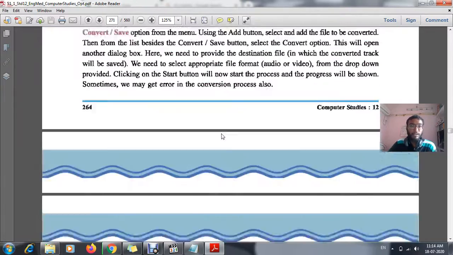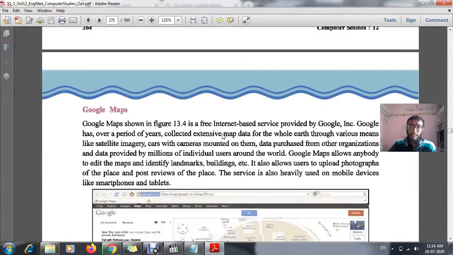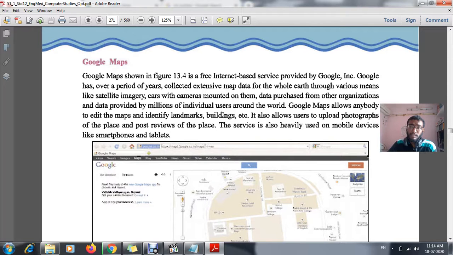Now next is about your Google Maps. As you know, why we are using maps: mainly it is used for getting the location of a particular area.